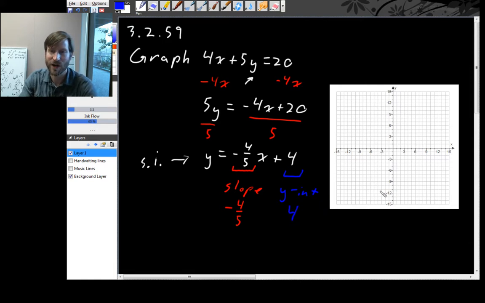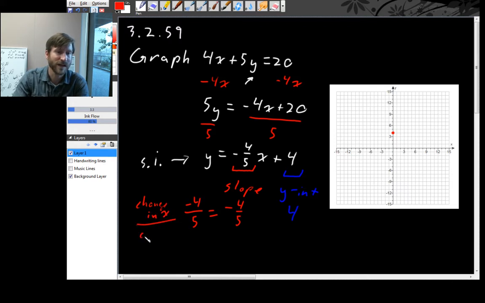All right, so now we can go ahead and graph this line. So on the y-axis, we're looking for 4. So that's right here. Okay, and now our slope is negative 4 over 5. And we can write that as negative 4 divided by 5. And remember, slope is change in x